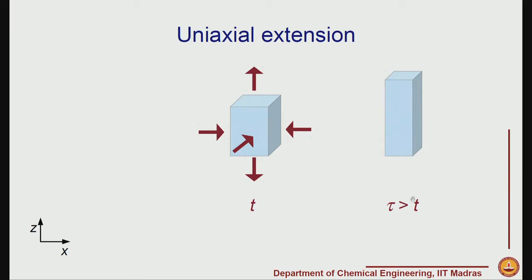while its dimensions in both x and y would have reduced considerably. And so, tau greater than t implies it is some time in the future, and similarly some time in the past would imply that the dimensions in the z direction would be smaller and correspondingly the dimensions in x and y will be larger. Now, remember when we talked about strain measure, we said that we will use present time as the basis. So, you can see how it is helpful to keep this in mind, because the present is what will determine what kind of deformation this material is undergoing. We compare present with past, we compare present with future, and then see whether the material is undergoing any deformation,